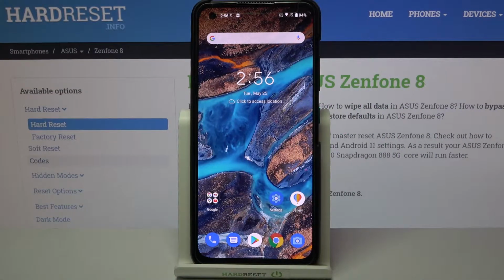Hi everyone, here we've got ASUS ZenFone 8 and let me share with you how to reset network preferences on